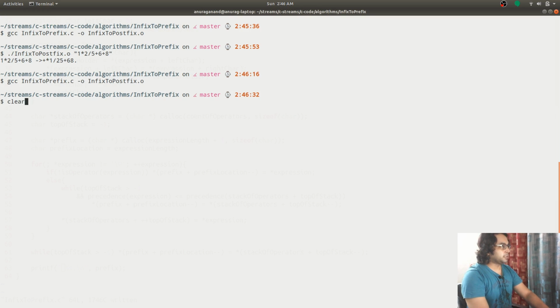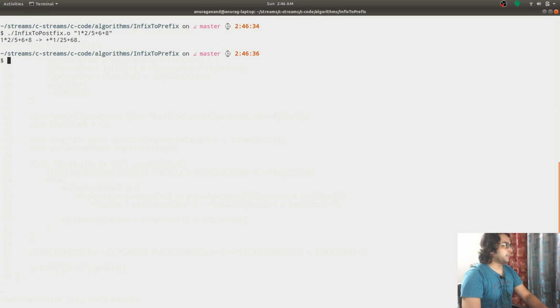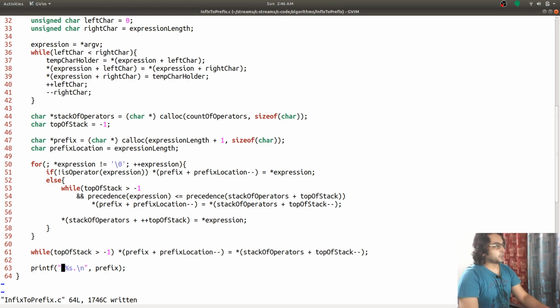And I will make this code available on GitHub. You can get this code from there. The issue wasn't in the logic. The issue was that I was using an unsigned variable to store the count, and I was putting a negative value into that, and it was wrapping around to the maximum value that this data type can store. So with this